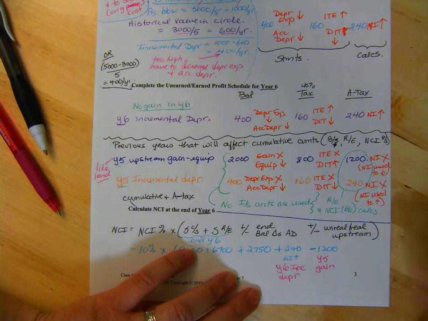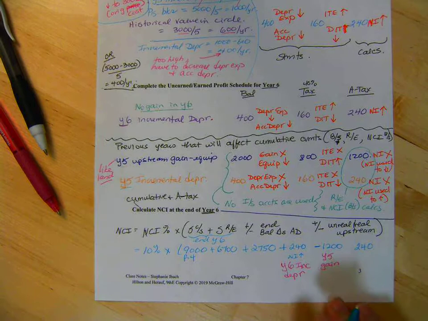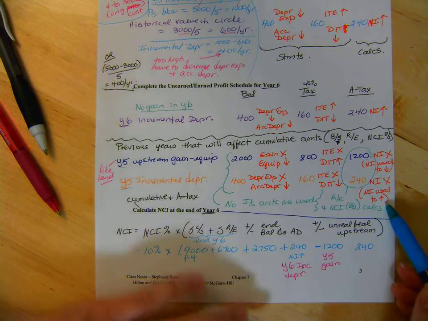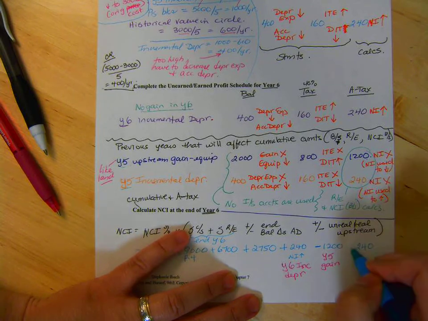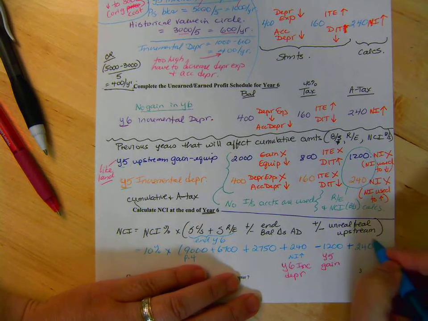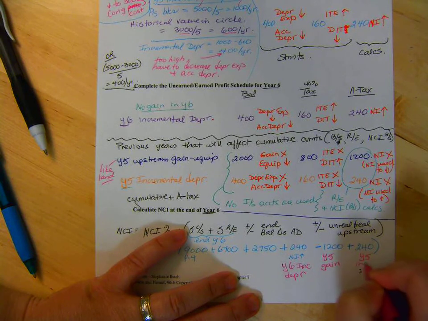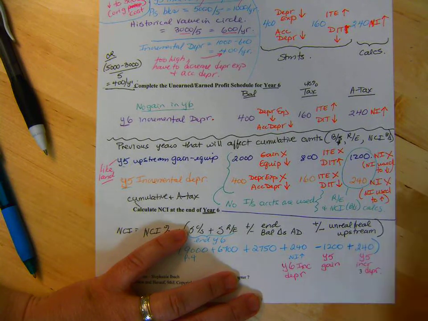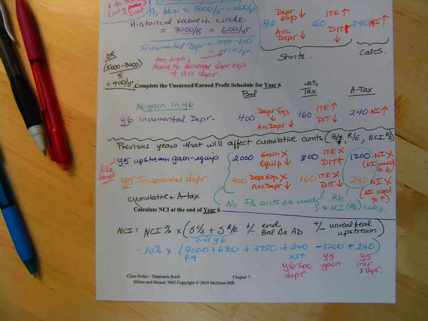And then we have this 240. And should we add or subtract it? Well, net income used to go up, just like net income used to go down here. That's why it's negative. So we're going to add that little guy. And that's our year 5 incremental depreciation. Now, I broke it all out because we only had 2 years to show. But obviously, if they sold equipment in year 3,